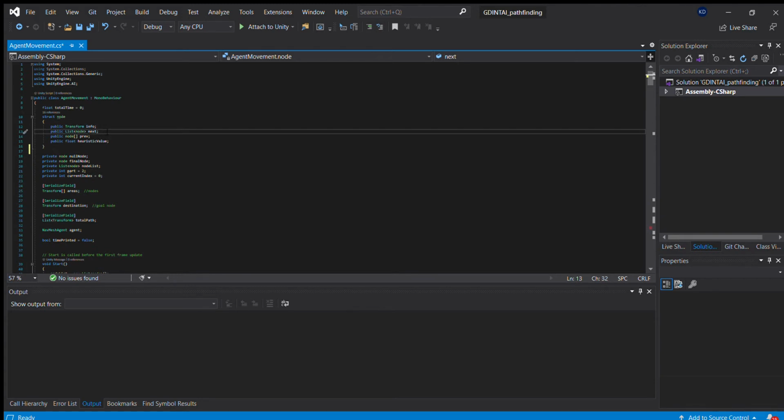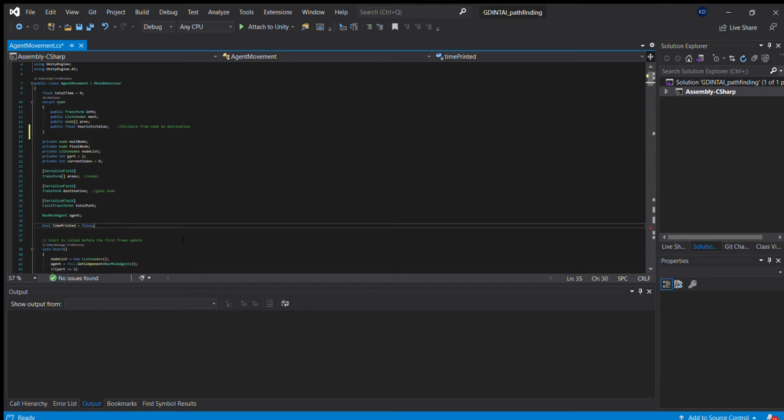It has a pointer to the next, or reference to the next. It's a list, so it can have a lot of children. And then prev, it has the best previous, which there is a function that will update it to find the best previous. And then the heuristic value is basically the distance from the node to the destination, and I am computing it using